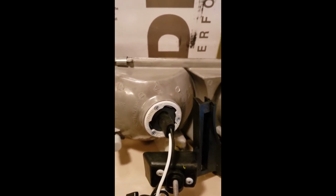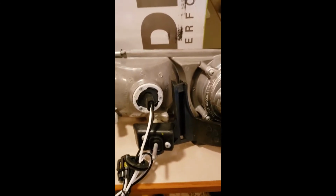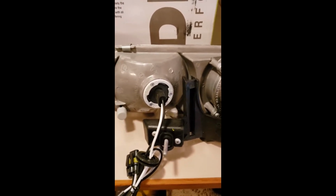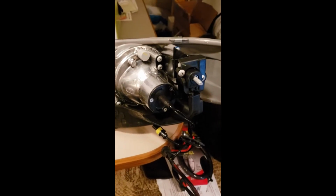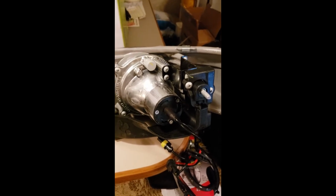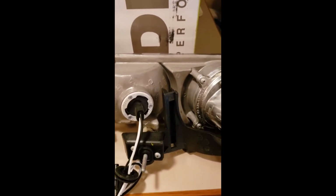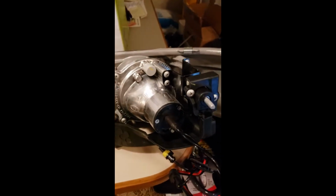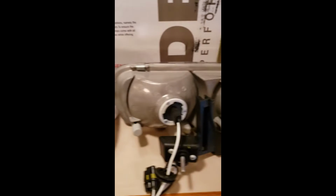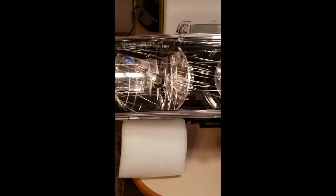They're snug, waterproof. I'm actually using the DDM HIDs, the 9005, 5.5K Kelvin, and the 9006 DDMs, which are 6,000 Kelvin. I wasn't able to match exactly 6,000 with the DDMs. I don't know if they actually make that. They make a 5,500, so that should be very close to the 6,000 as far as the temperature color chart went. But you know, I just want to express how happy I am with the fitment, with